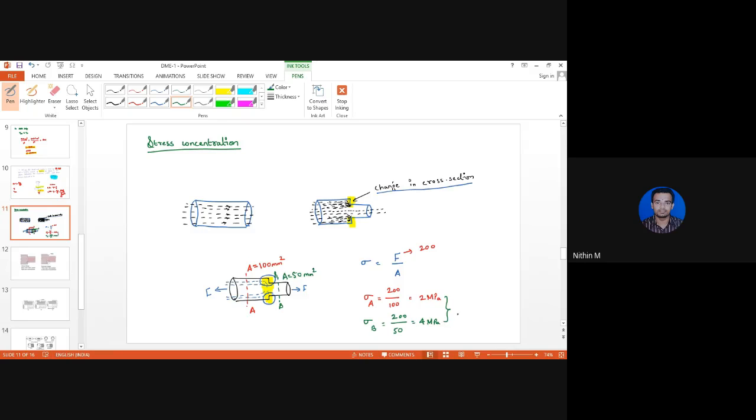Now when you compare these two scenarios, the stress has doubled. There is a twofold increase in the magnitude of stress. What is the effect of it? There is a very high concentration of stress in this particular region that I am indicating in green. In this green colored region, because of the lack of availability of material to take up the force, there is a sudden increase in stress. This localization of stress